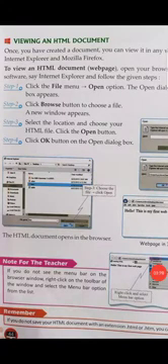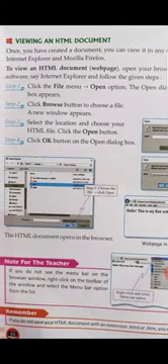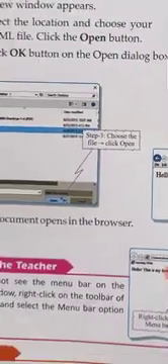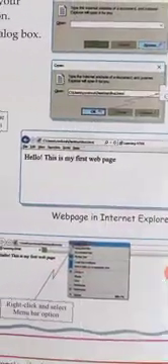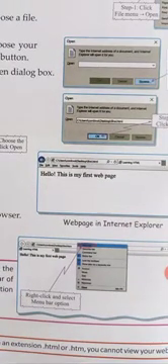The next topic is how to view an HTML document. It is normal. How do we view any file in our computer? We just click on File. After that, there is the Open button. In this, we search in the Browse option. Whatever file we have, we just search for it. After that, we click on the Open button, and after that it will open. This is the way of opening.